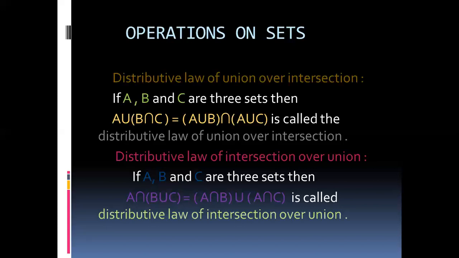Sometimes in the question they mention to prove the distributive laws of union over intersection, intersection over union, and sometimes they write the equation and you will prove in both ways. You prove the left hand side and the right hand side. Is it clear? Now you see that in our exercise page number 8,